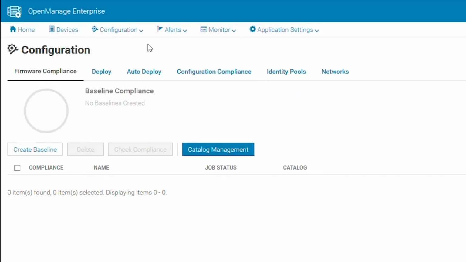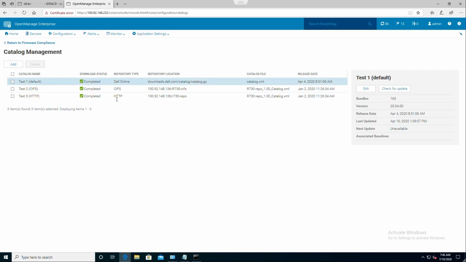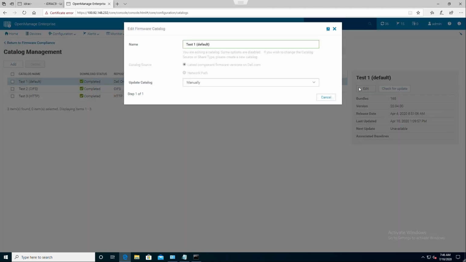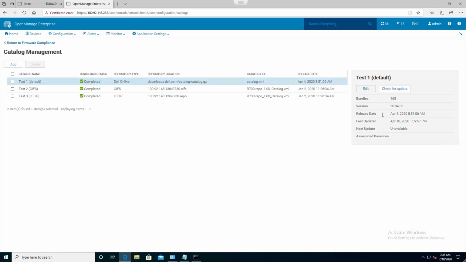From here, you'll need to click on Catalog Management. This first catalog is the default, pointing to Dell.com. You do have the option to edit and change a couple settings. Since I have mine set to manual, you'll notice the last updated section shows April 10th, 2020.